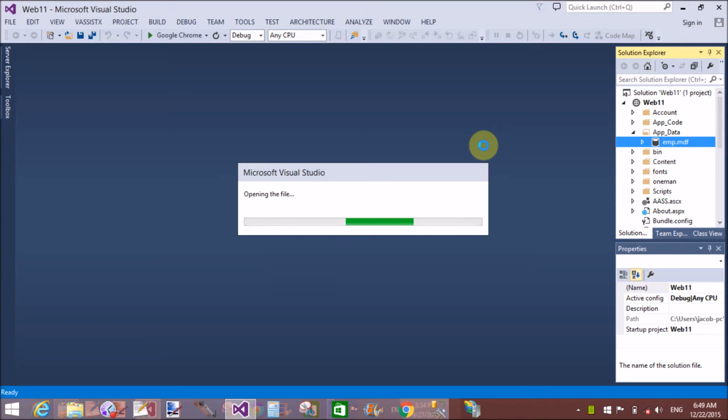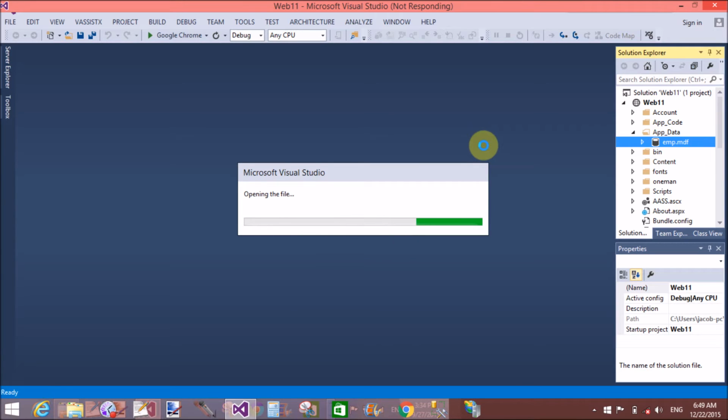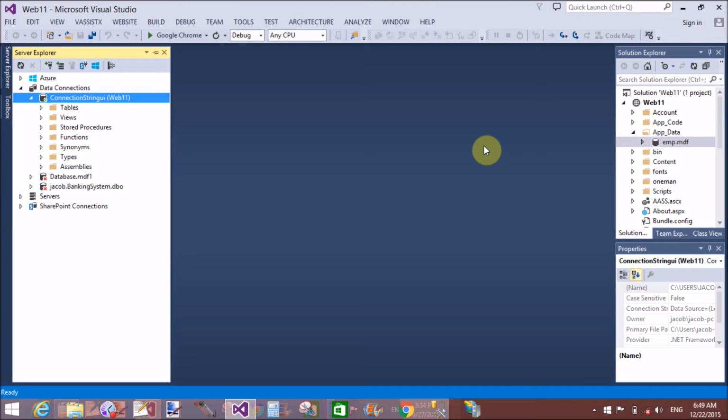Today I will show you how to insert, update and delete items in the database table using the control parameter of SQL data source. So how to use the SQL data source control properties, or you can say the control parameters. I want to insert items with the help of the text box. So to do this task,